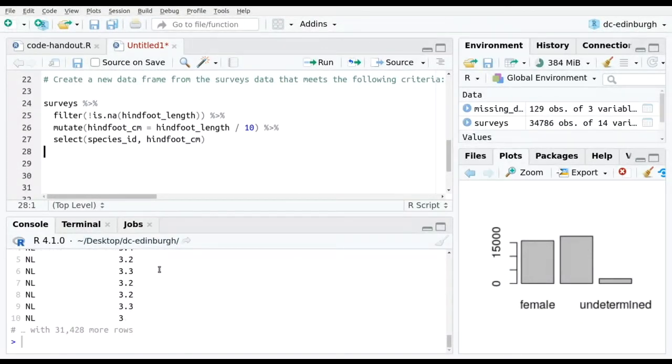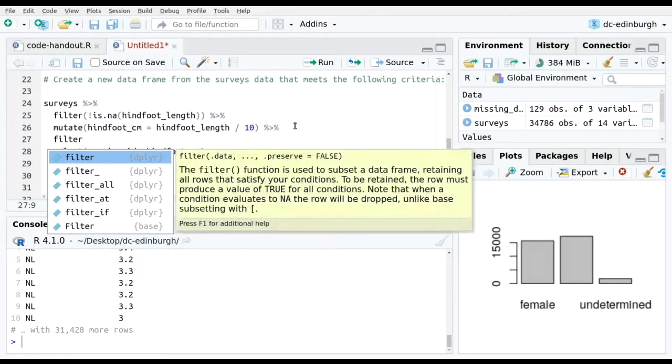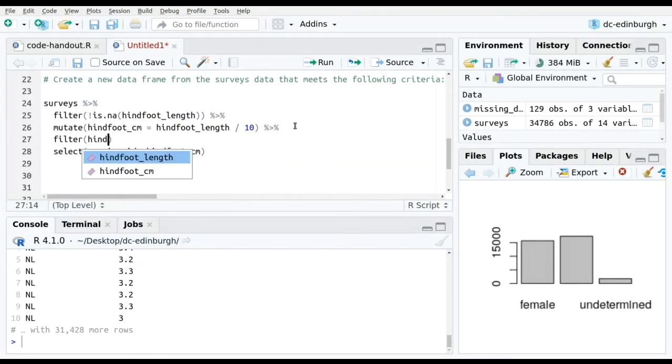The exercise also says the value should be less than 3 centimeters, so we can do another filter once we have the new column: hindfoot_cm should be less than 3. Pipe. And if I execute that,